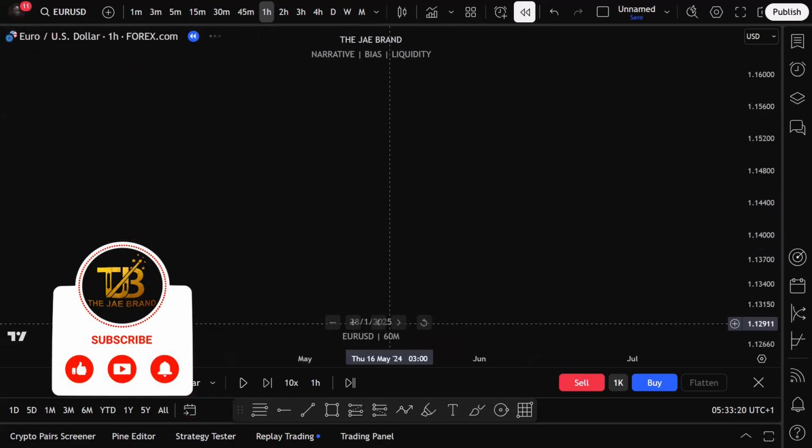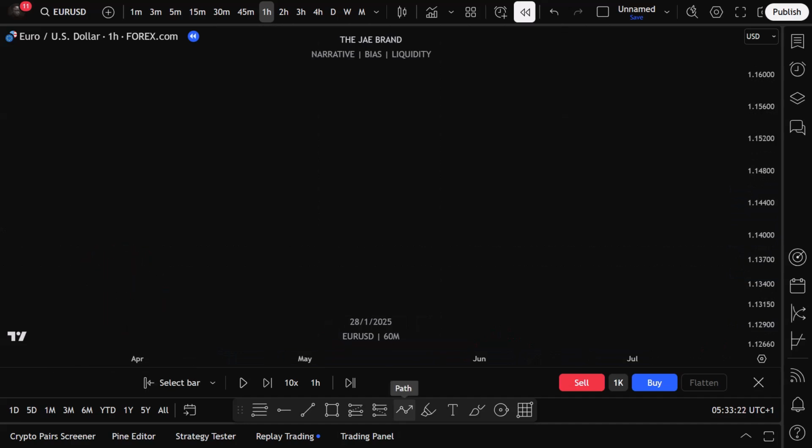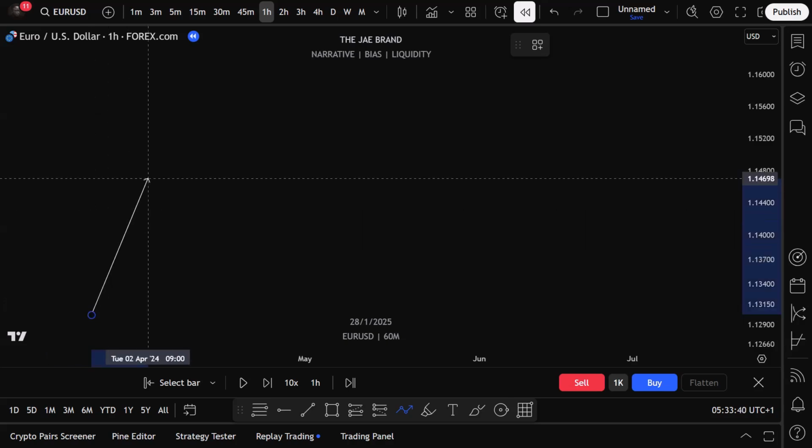Alright, simple and clear, I'm going to be giving us two templates that symbolize the same thing. I'm just going to be using these two templates to explain both the external market structure and the internal market structure. In every market structure, we always have